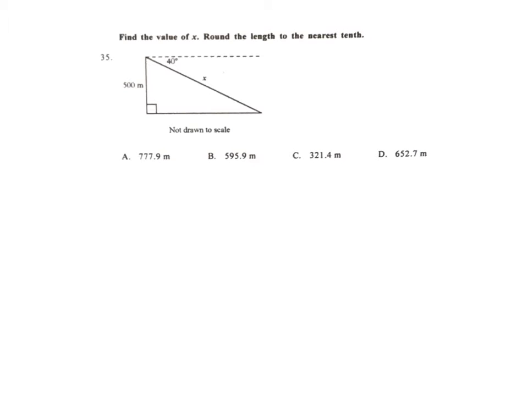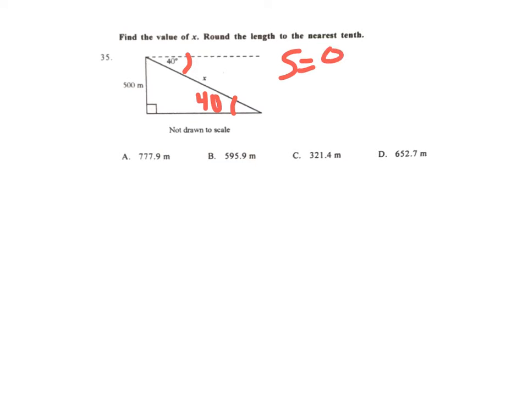All right, this is your final review, numbers 35, 36, and 37. We need to find the value of x and round the length to the nearest tenth. Right now they have this angle of depression outside of your triangle. This angle and this angle are the same. So I'm going to write 40 in here, and then we're going to use our trig just like we did